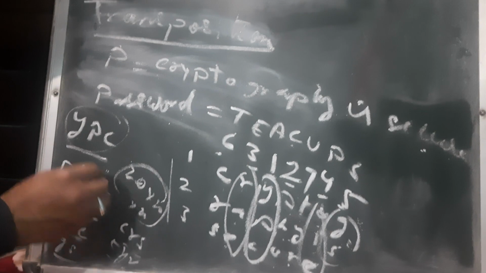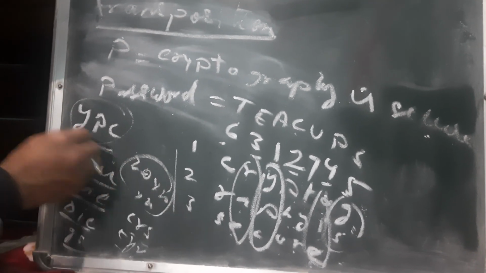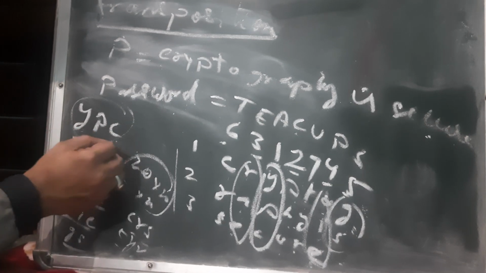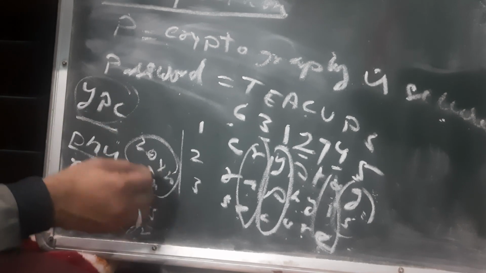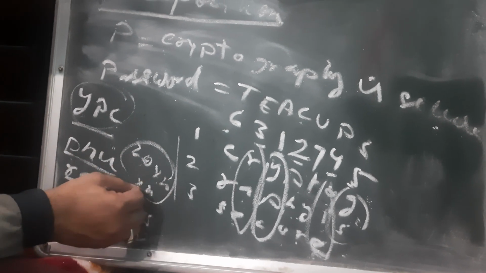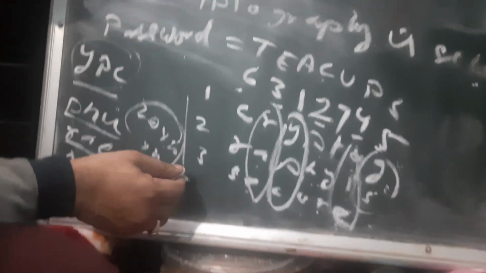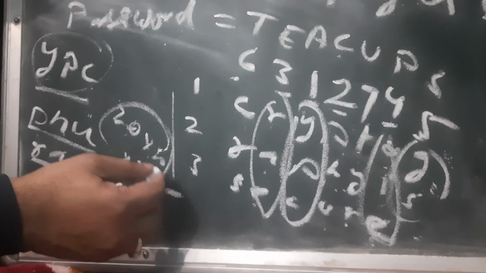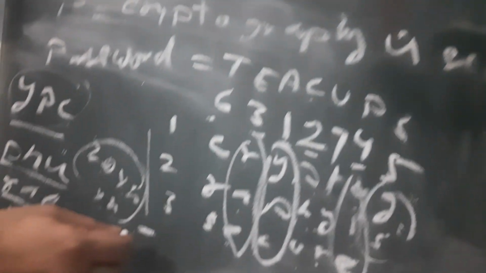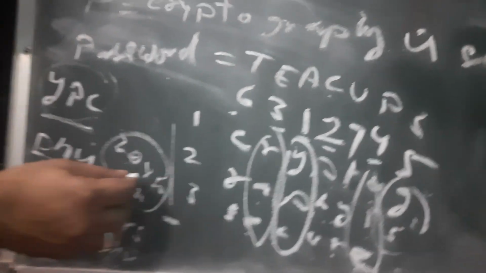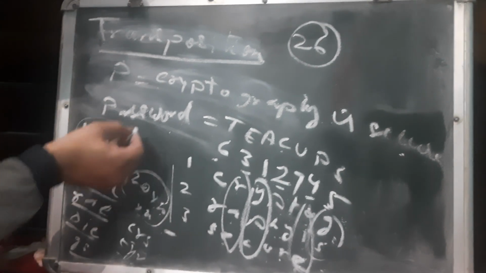If the group is of 3 characters, a 3-letter group in cryptography is called a trigram. So one trigram would have to be analyzed with 20 into 20 into 20 possibilities. That many trigrams would have to be analyzed. You can understand that in the substitution cipher there were a total of 26 combinations that you would have to try for exhaustively finding the key, but here you have to try 20 into 20 into 20 in order to guess the actual